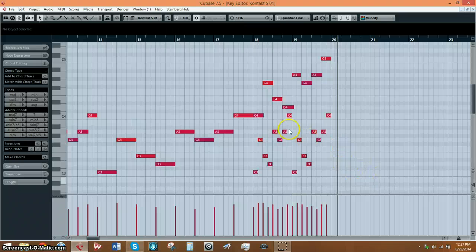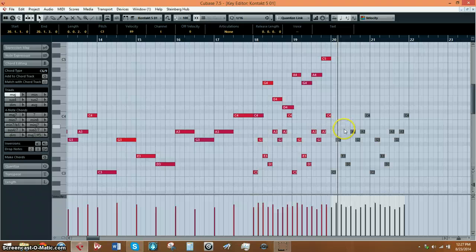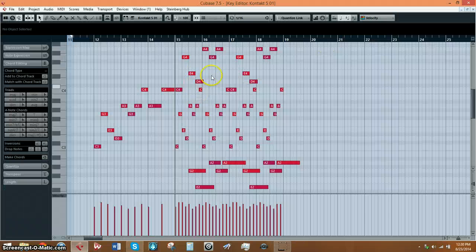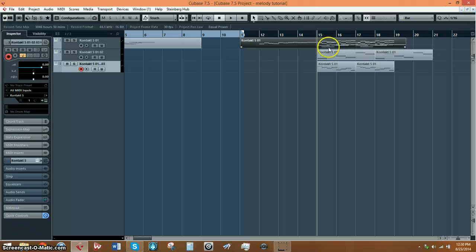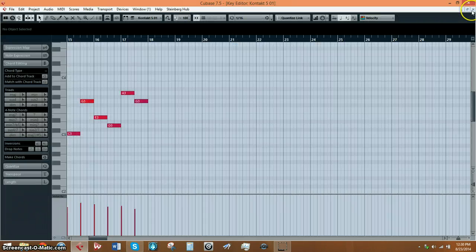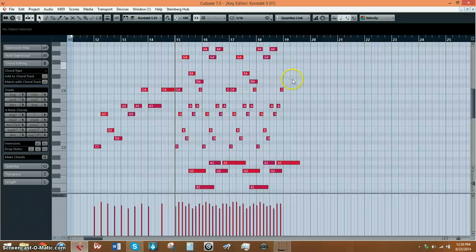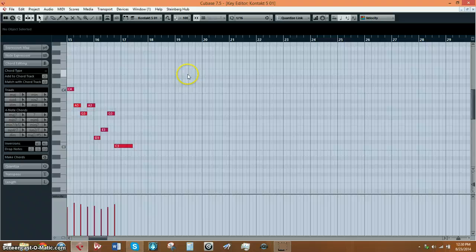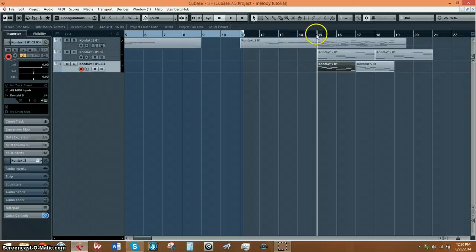Alright, now what I'm going to do, I have no idea how it's going to sound. It might sound really weird or it might sound awesome. No idea. I'm going to put all these little tricks together and see what I get. Alright, so right here I have the augmented, diminished, and original melodies. On this track, playing at the same time, we have the, my bad, sorry, this is the augmented one right here. This one up here has the diminished, the inverted, and the original melody, and this one down here has the retrograded melody. And we play them all at the same time, and I have no idea how it's going to sound, but